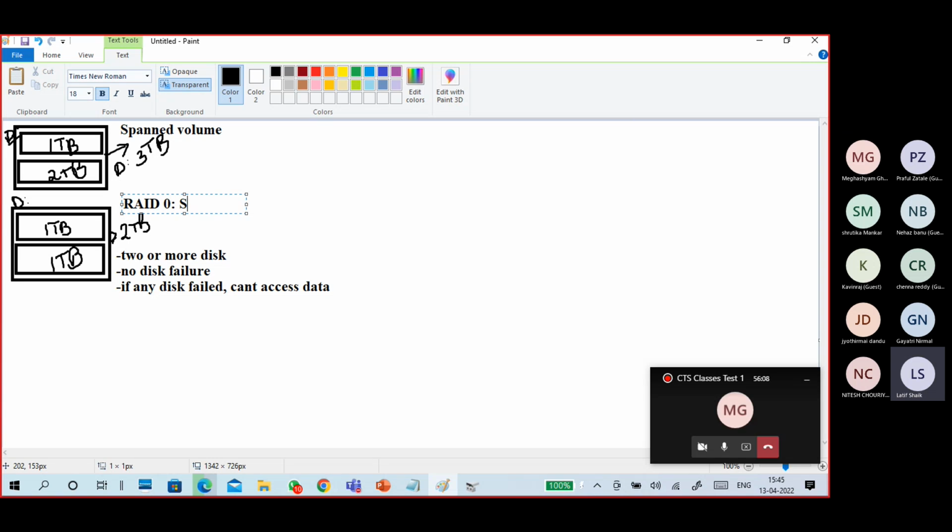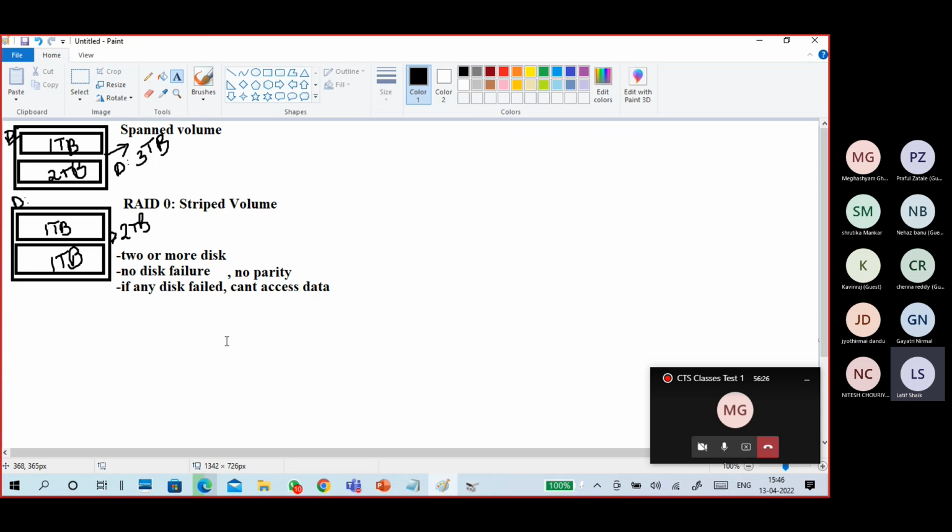The name is striped volume. And also no parity. This is about write 0. So when we use this write 0, write 0,